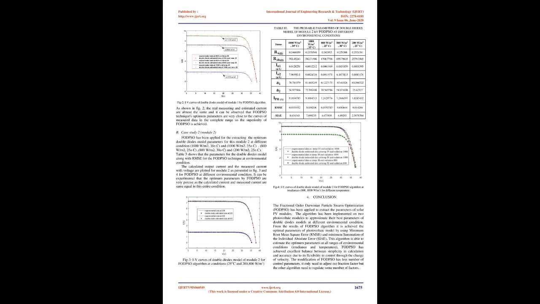The double diodes model error is stated in equation 2, and the root mean square error, RMSE, is the optimized function of the error function, equation 3. While the summation of the individual absolute error, SIAE, is termed in equation 4, where k is the number of measured data, VL, IL. The velocity of these particles is defined by equation 5 for the FODPSO